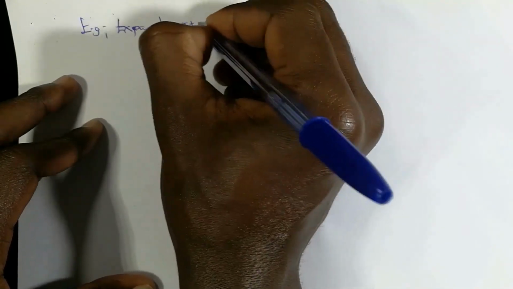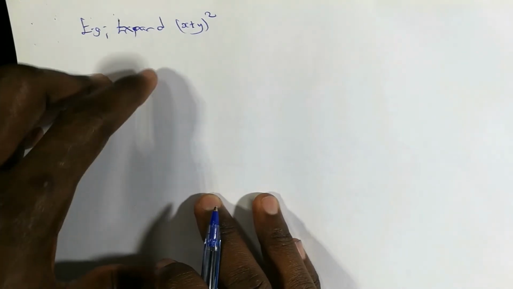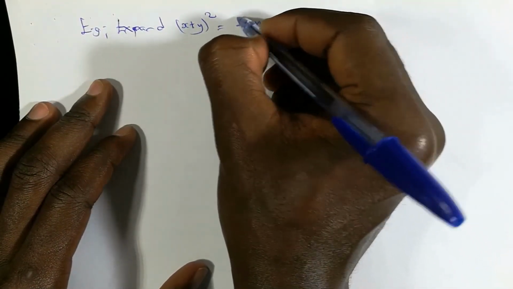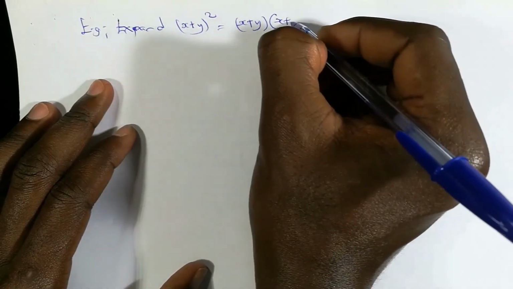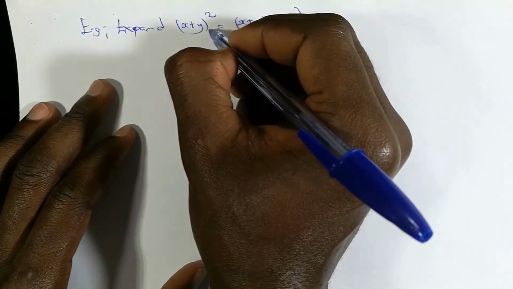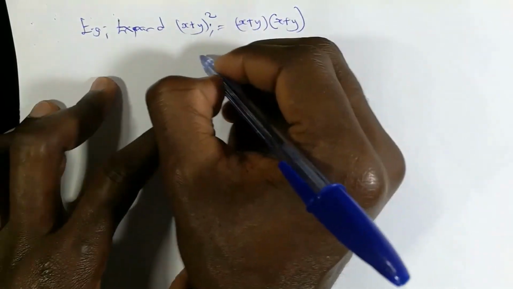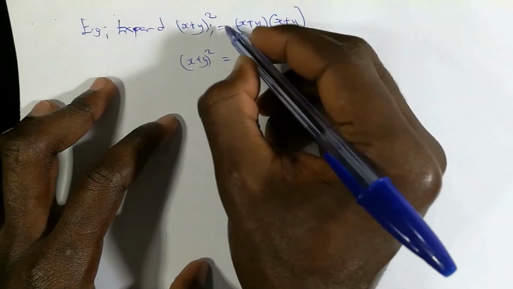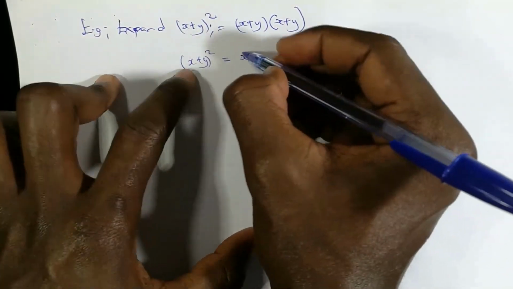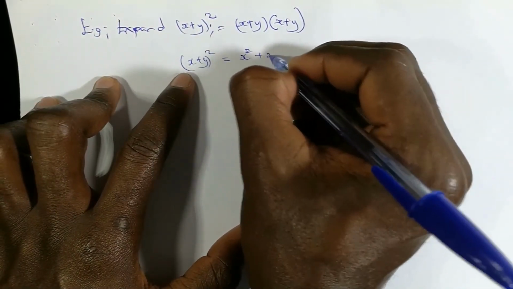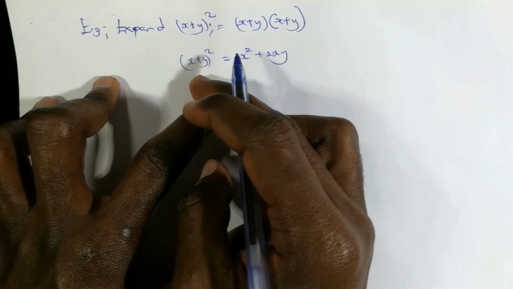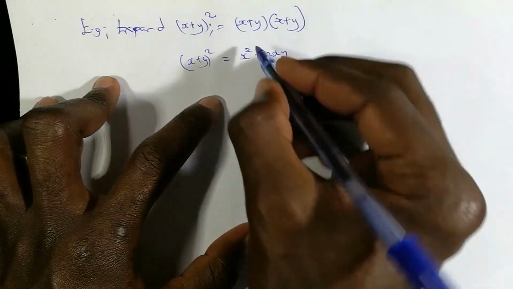x plus y squared. This will be in the form x plus y, applying x plus y, so that x plus y squared will now be, as we saw from there, x squared plus 2xy plus y squared. We're using the identity that we used before, or we can expand the normal way, which